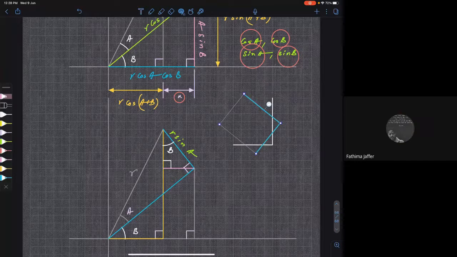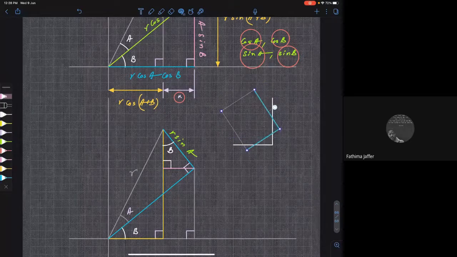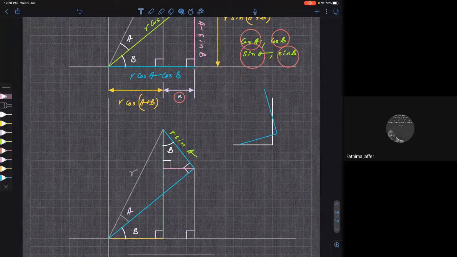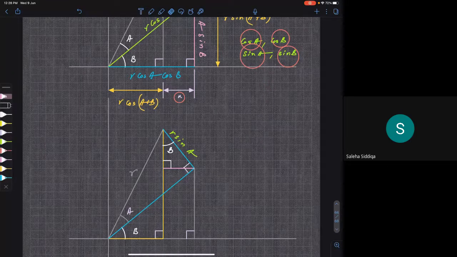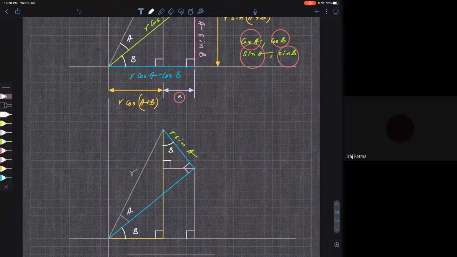Yes, sir. Now, as the angle between these two lines changes, the angle between their perpendiculars will also change accordingly. And those two angles will be equal. You are getting my point, which angle I'm talking about. I'm talking about this angle and this angle. Clear? Okay, anyway, so the bottom line is, if the angle between two lines is B, then the angle between their perpendiculars will also be B. Getting my point? So it is not very difficult to understand that.